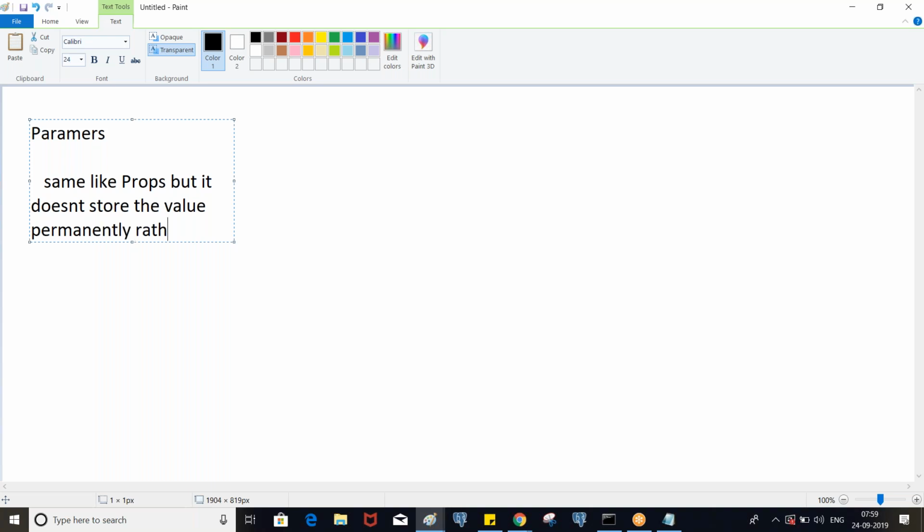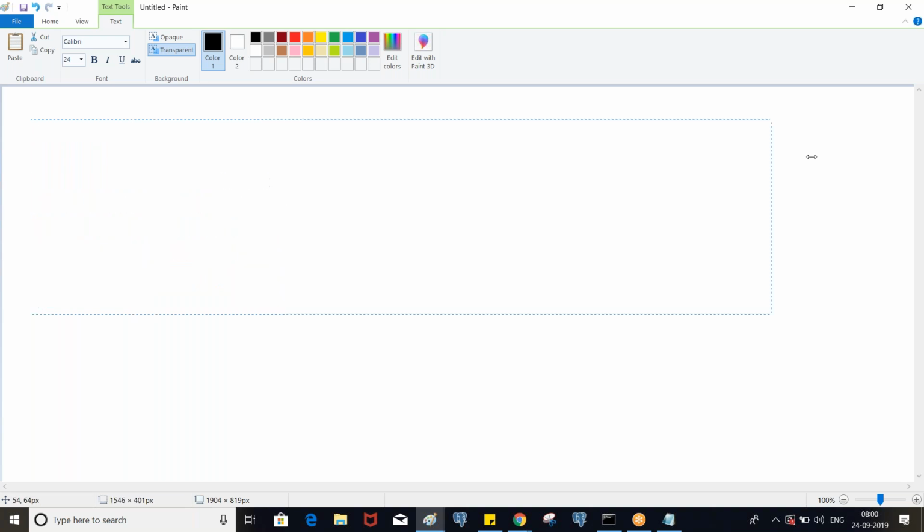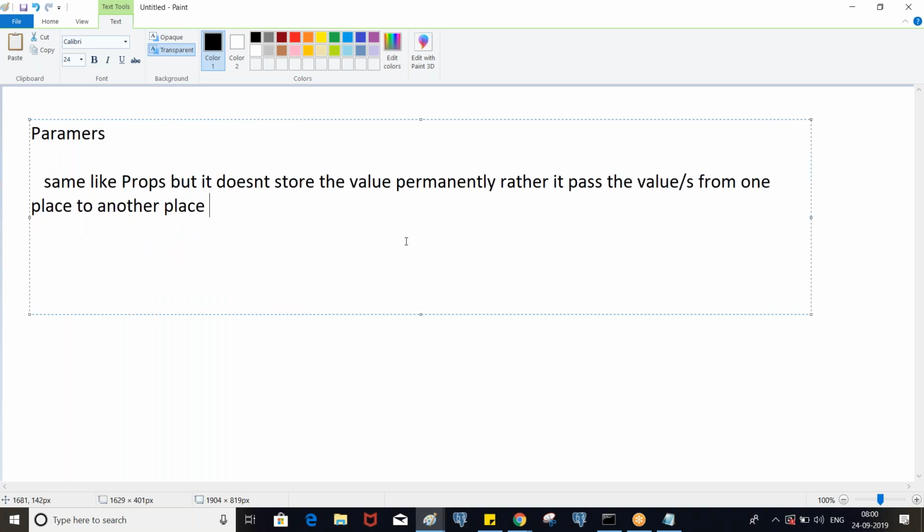Rather, they pass the values from one place to another place, or you can put from one rule to another rule, or within the same rule also.